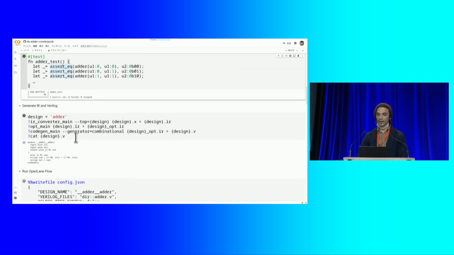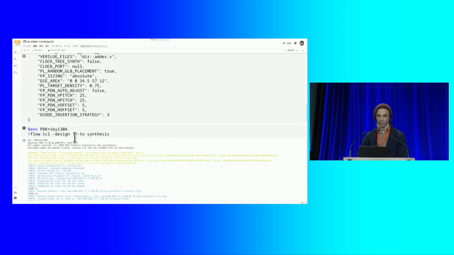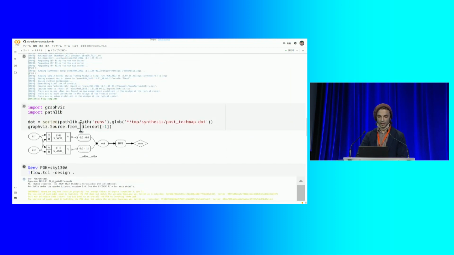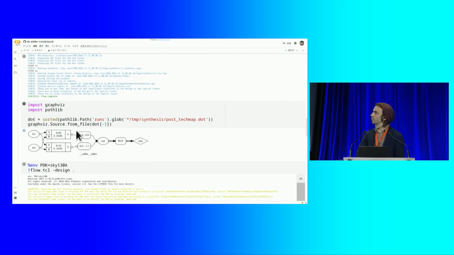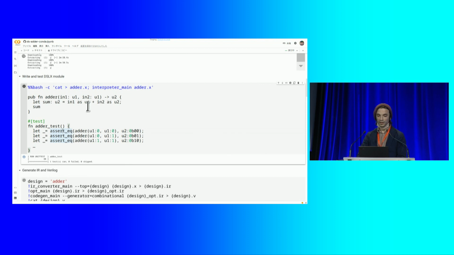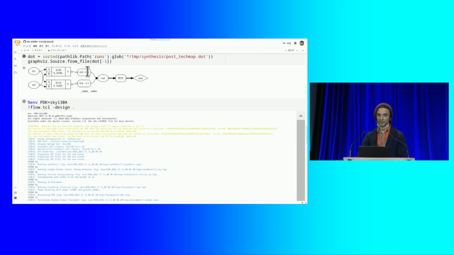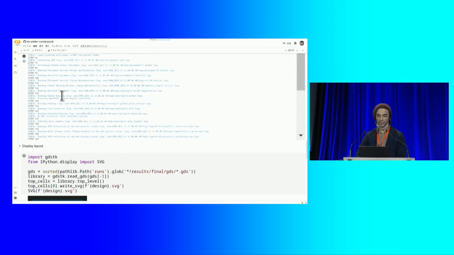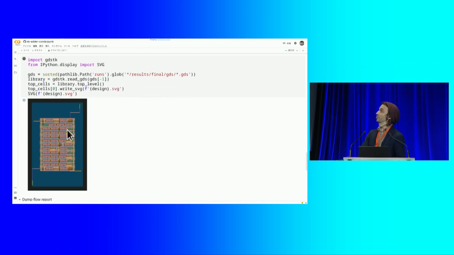And then you can generate this weird language called Verilog that allows you to describe hardware, and then run it through an open source place and route tool targeting an open PDK to make actual gates out of it. So here we have a simple adder function that's adding 2 numbers. You can see it turn into an XOR and an AND gate. And then you run a place and route tool, and you get an actual chip